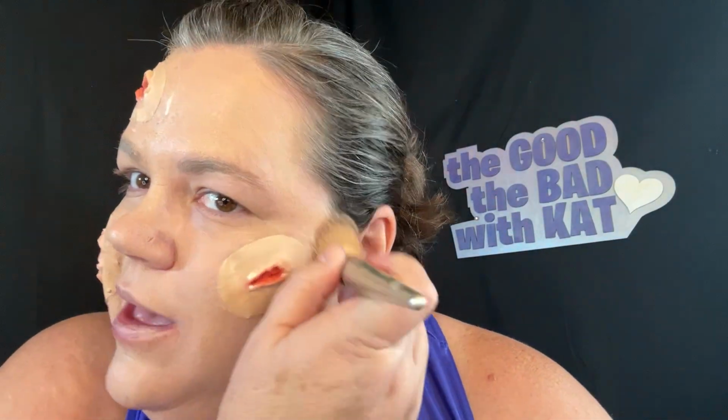Okay, just to kind of give that prosthetic, I think we're gonna have to, honestly, what I really wanted to do is just put a buffer between my face and the grease makeup. I don't like it. Okay, now I'm gonna go in. You can tell I did a zombie look because it's a hot mess, you know. So I'm gonna go in with this gray and green, and I'm just gonna start applying it around, you know, to give myself a little bit of a